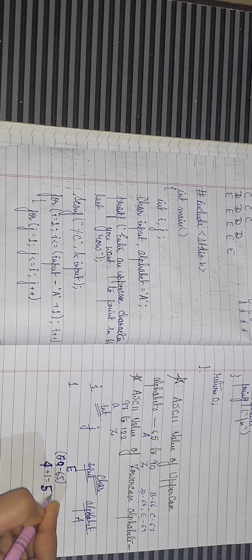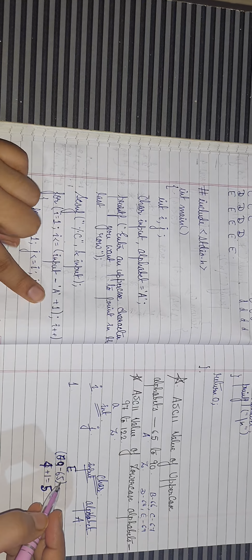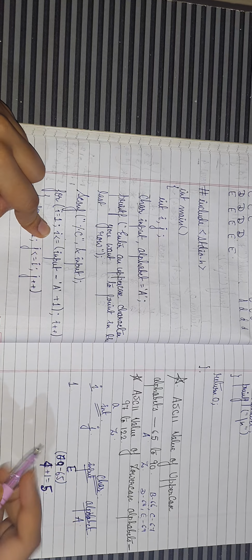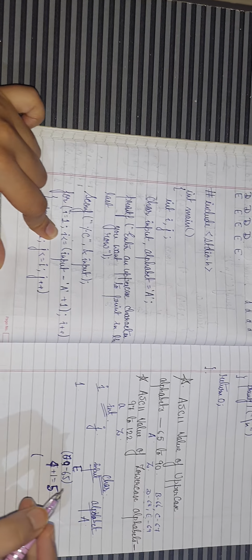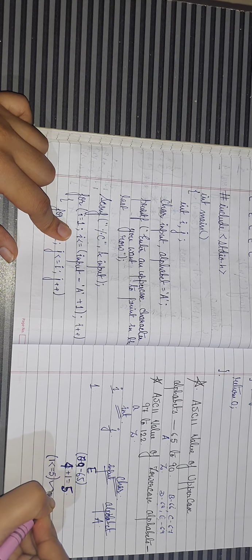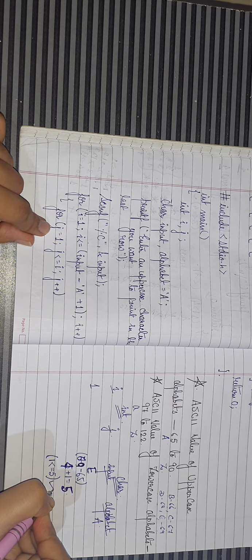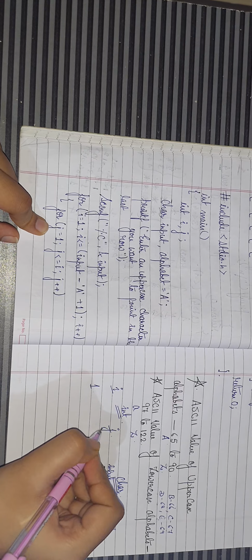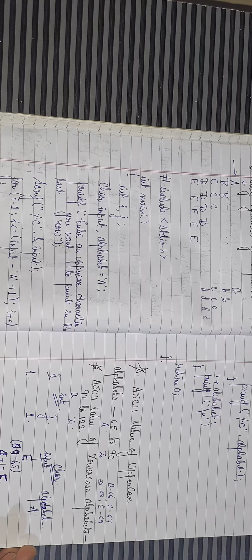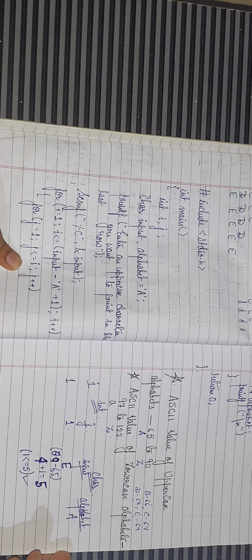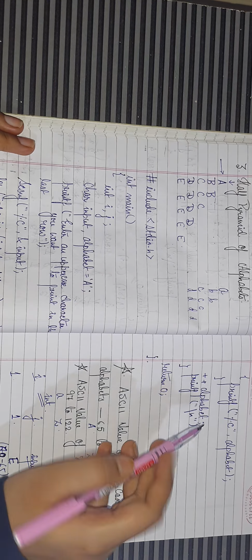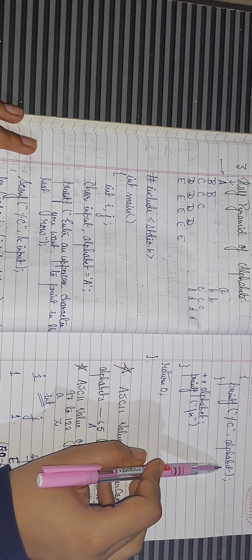Now this whole value, input minus A plus 1, is equal to 5. Now I am checking the condition, that is, 1 is less than or equal to 5. Yes, the condition is true. When this condition is true, it will come inside this loop, that is j is equal to 1. Now when j is equal to 1, we check the condition j is less than or equal to i, meaning 1 is less than or equal to 1. Yes, the condition is satisfied, so it will print the %c alphabet. So what is that alphabet?